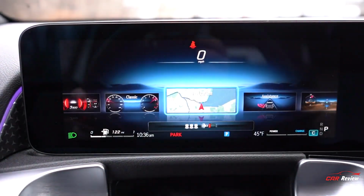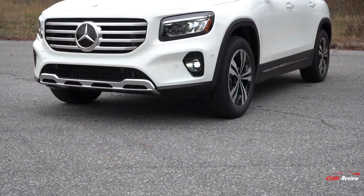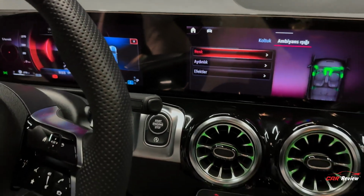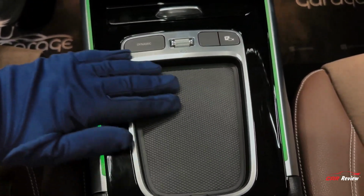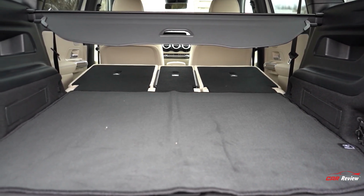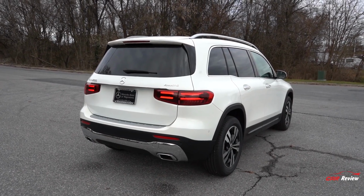And so to start, I always mention this first, the GLB is actually not rated by IIHS, so can't mention that to you guys unfortunately, but front side curtain airbags do come standard. There's driver and passenger thorax side airbags. There's a driver's knee airbag. Second row side impact airbags, they go for $350 if you wanted that option. Also in the back, you got latch, aka lower anchors and tethers for children for the rear car seats,